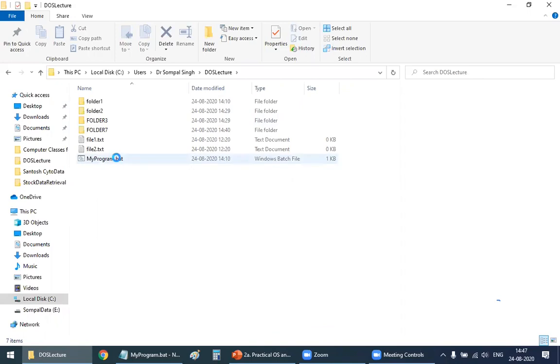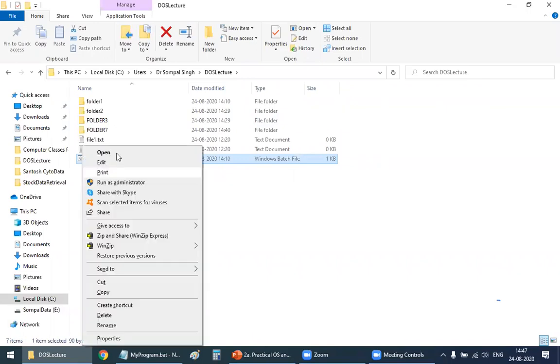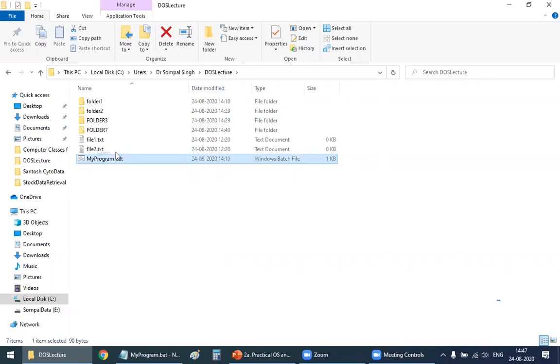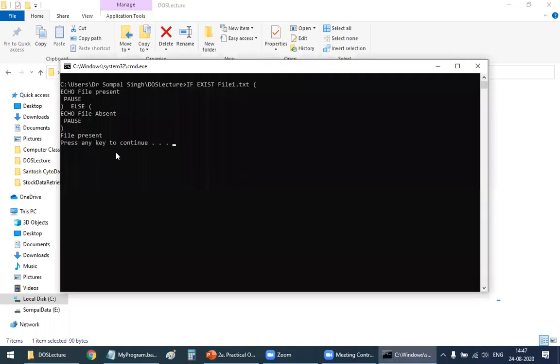To execute the program, I told you that you can double click on that program or you can right click on that program and then open it. So I have opened it. Okay, it has run beautifully. So what is the result? It has written that file is present. It has listed my program here.